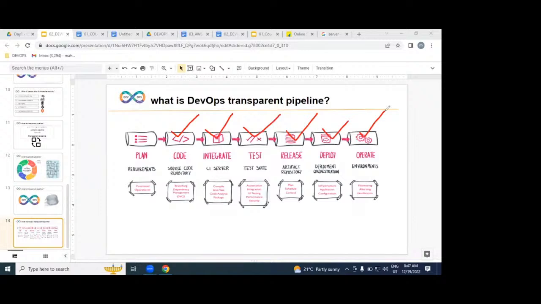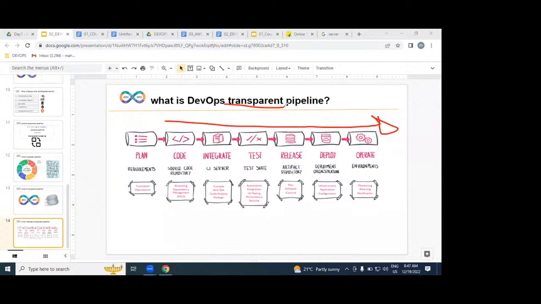To be frank, while implementing this DevOps process, we are not writing any code. We are not writing any test cases. We are just implementing an automated, transparent pipeline. Why?